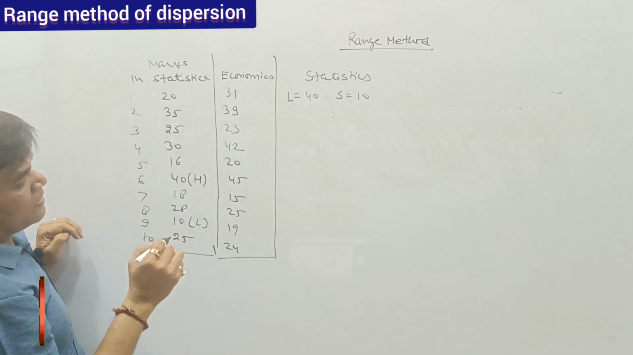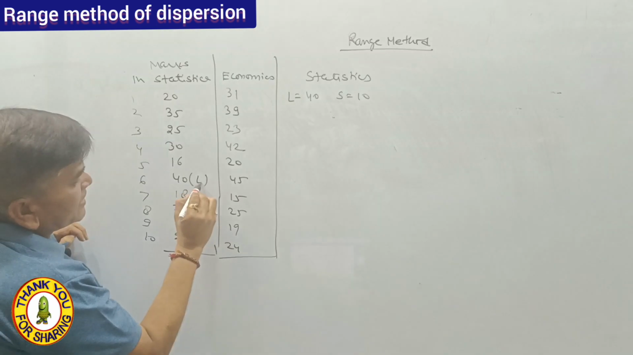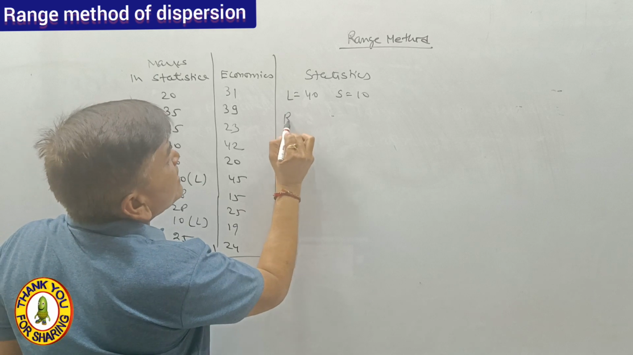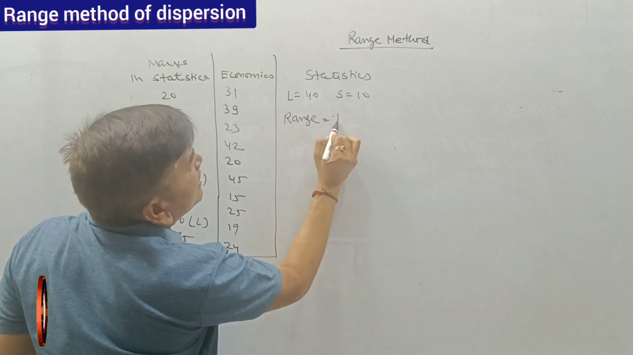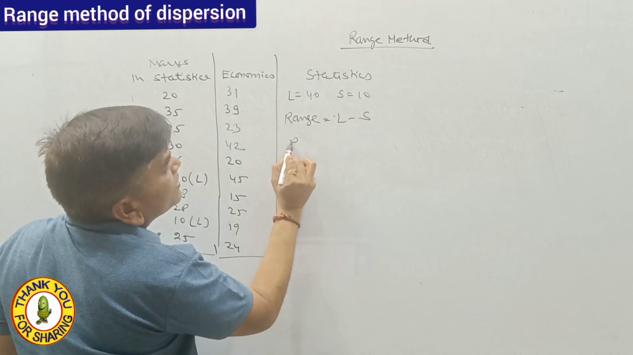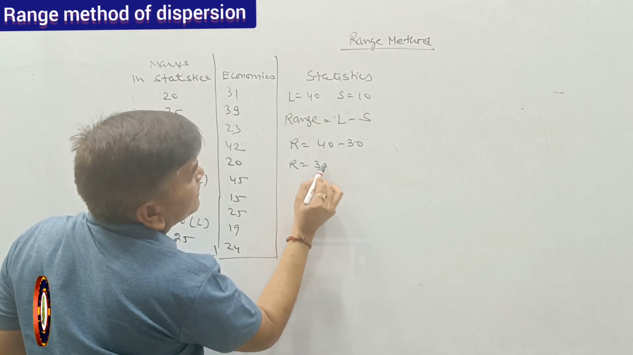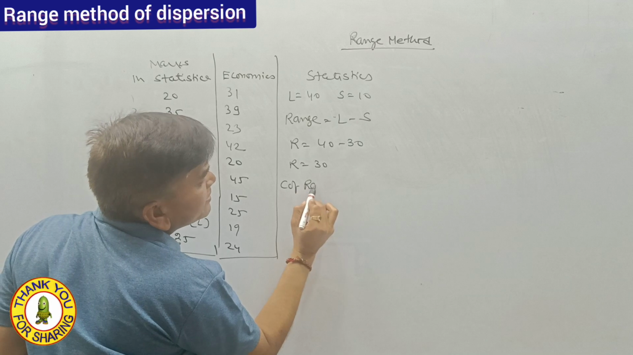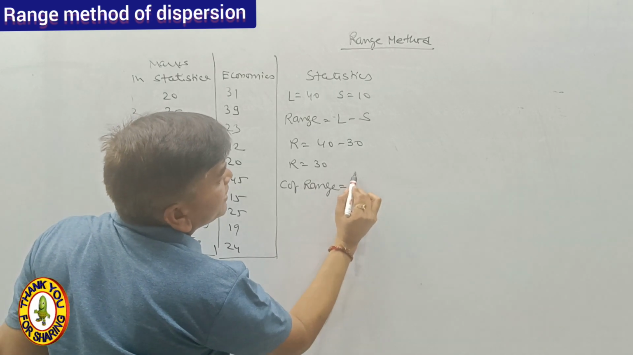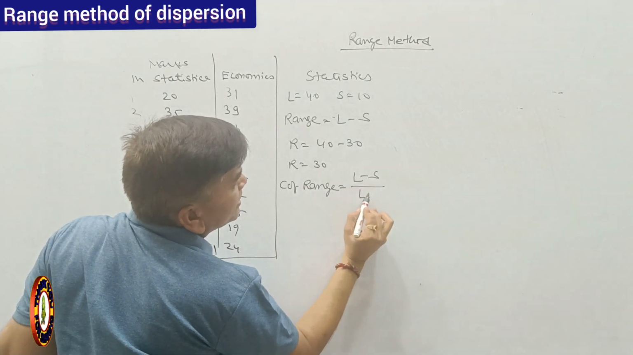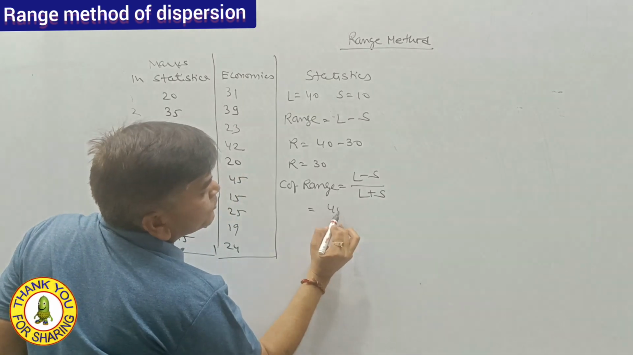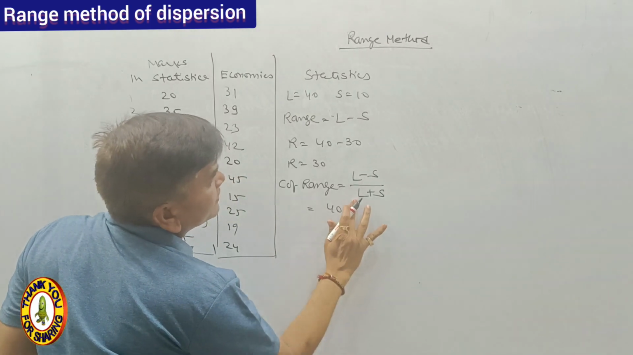So highest is largest. So the range is largest minus smallest. So the range is 40 minus 10. So the range is 30. The coefficient of range formula is largest minus smallest upon largest plus smallest. Here it is 40 minus 10